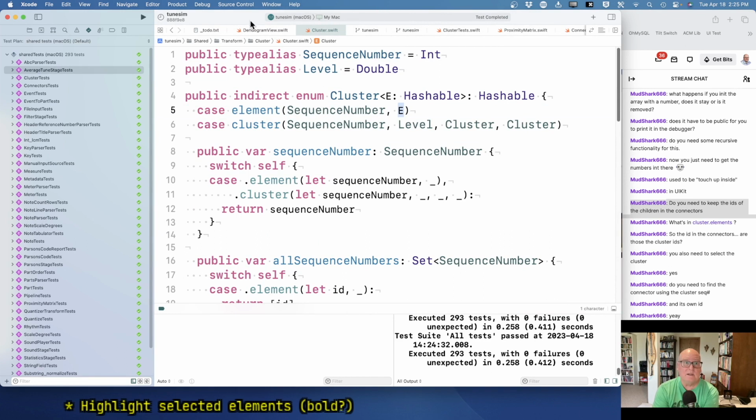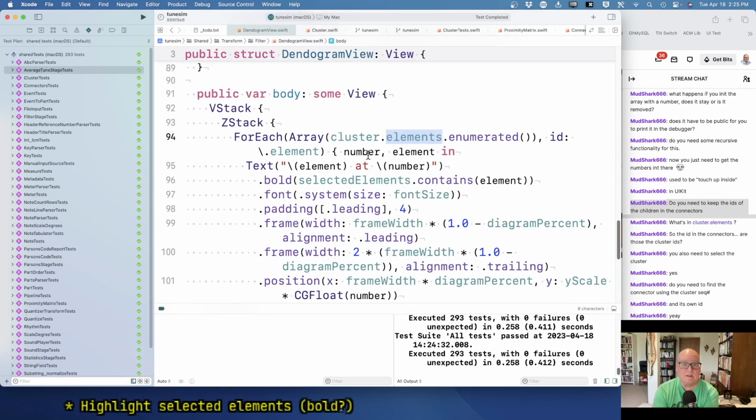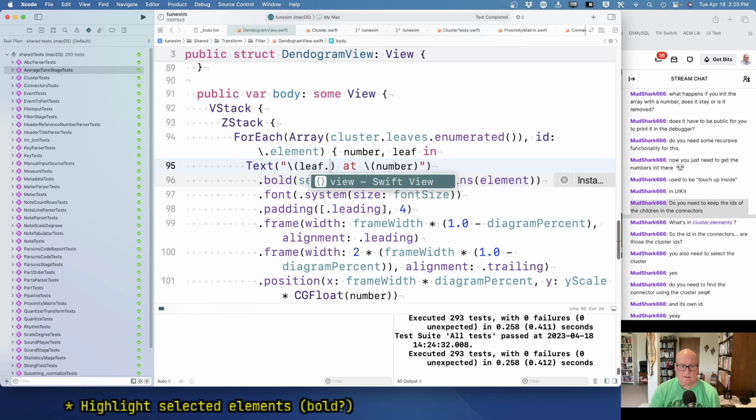So that's the one we need for here, because we want to work with sequence numbers. So cluster.leaves, and then this is, I guess, a leaf. So now this is leaf dot value, leaf dot